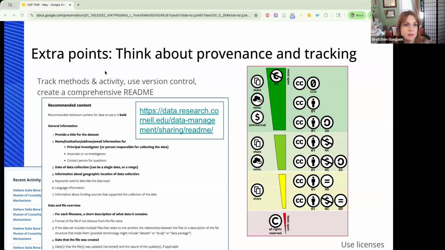Also, repository systems may offer you ways to do version control. So in OSF, for example, our activity log tracks updates that are made to files. And this offers a transparent history of changes for future users to see what had happened. You can also and should include an appropriate license.